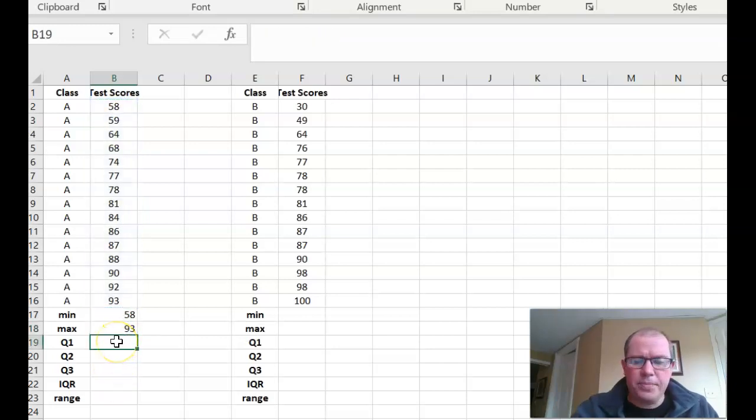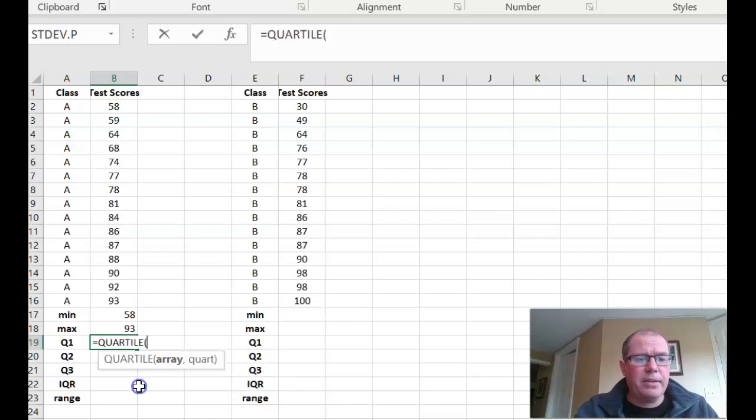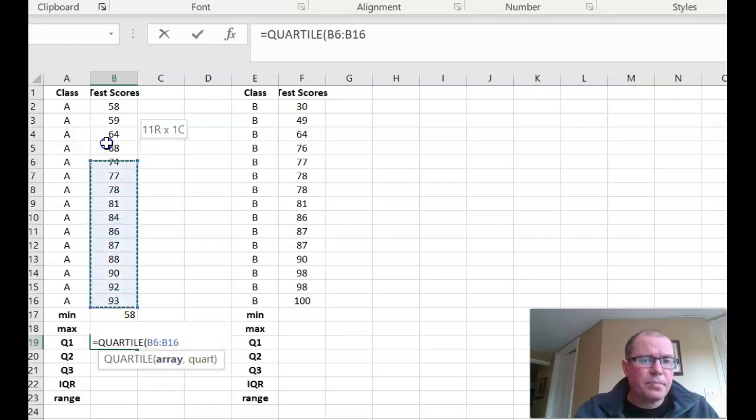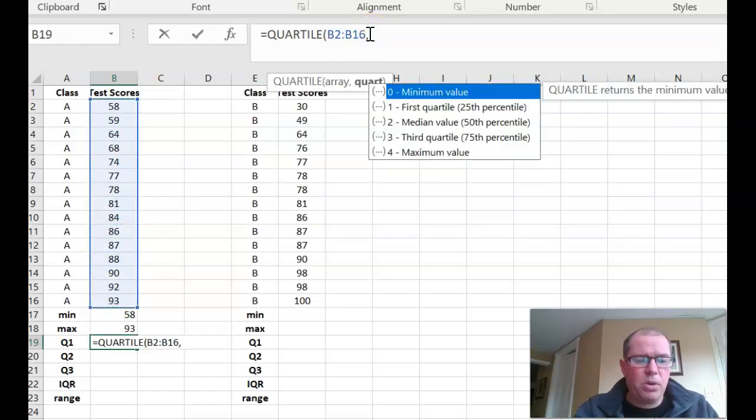Quartiles a bit trickier, equals QUART, and you should see quartile appear. If you don't, just type it out fully. Now this is why it's a bit trickier. Can you see here it says array and then which quartile? So the array are the numbers again, and the quartile you put a comma, and then I want the first